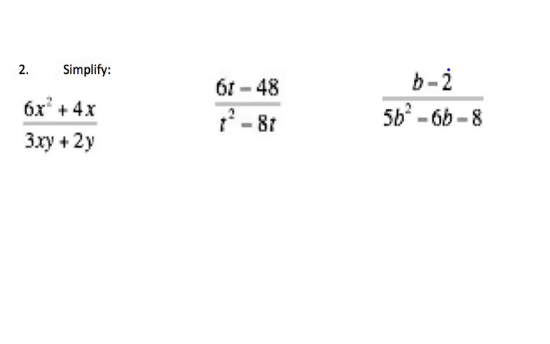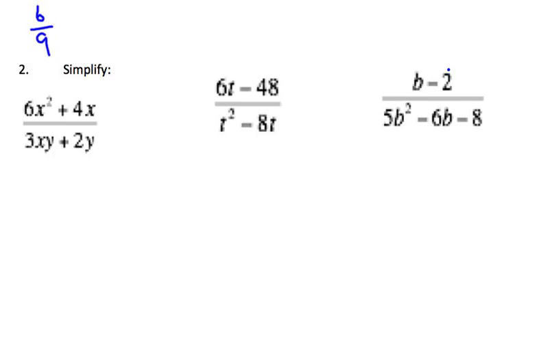Now we are moving to simplifying rational expressions. Remember, simplifying rational expressions is really not any different than simplifying fractions. When we first learned how to simplify fractions, we remember that we have to divide out anything that's alike top and bottom. So if I start with the fraction 6 over 9,